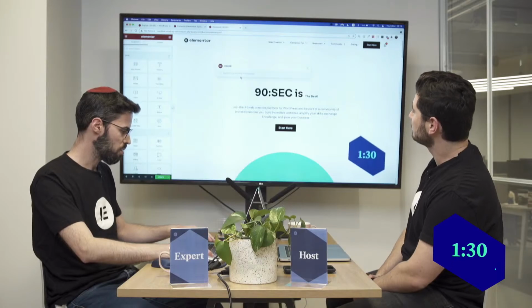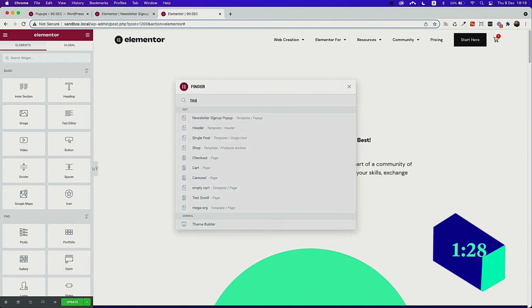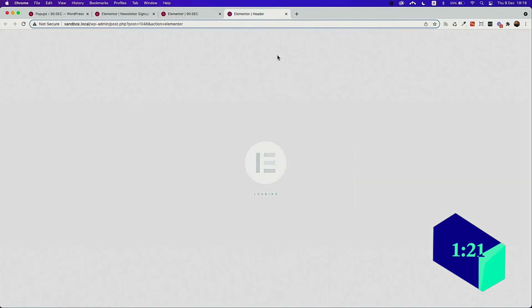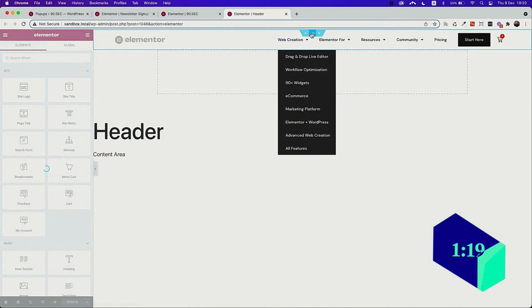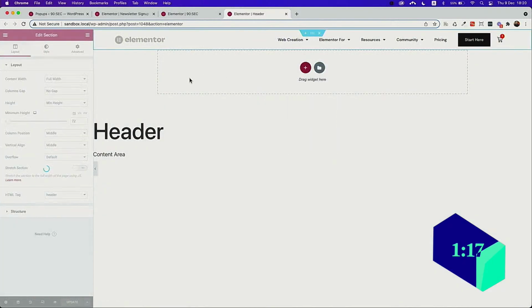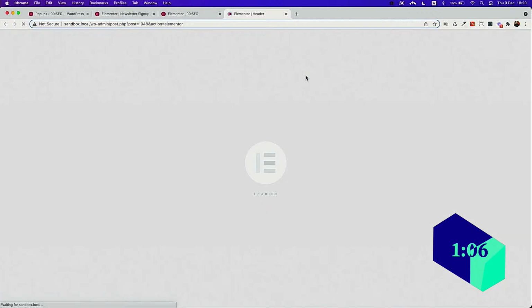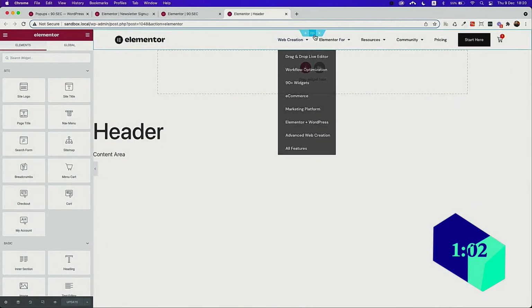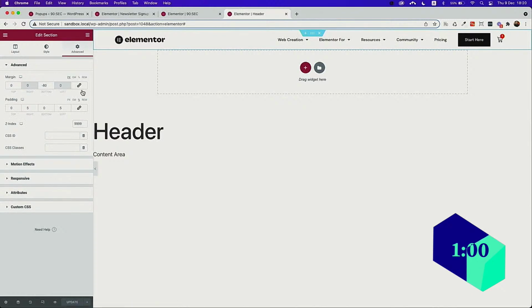So open my header through the Finder. That's Command or Control E. Command E, yeah, or Control. I'll click to open it. So this header is currently using the negative margin, which we don't want. Maybe shall we refresh? Yeah, let's refresh it. Okay, so I'll disable this negative margin,